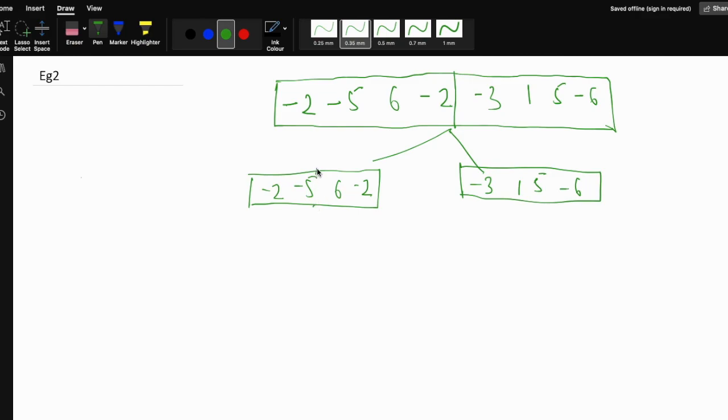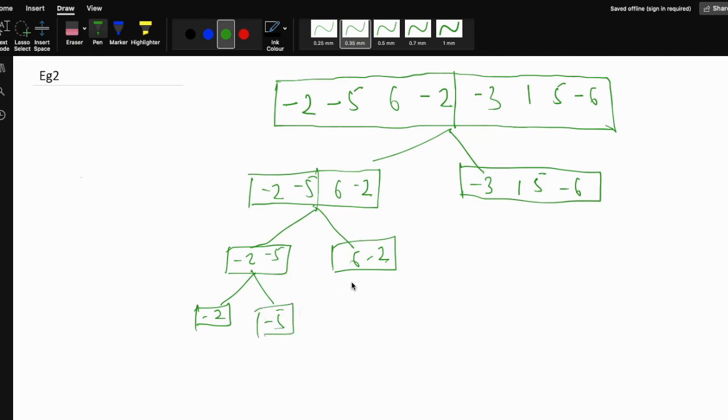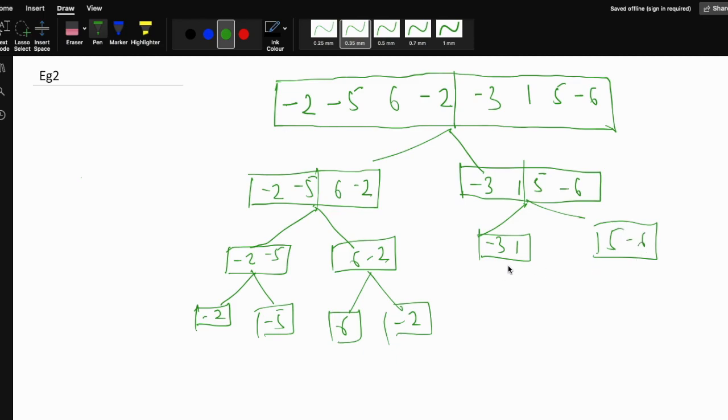Again it will get further divided from here: -2, -5, and 6 and -2. Similarly the second half will be divided into -3 and 1, and 5 and -6. Now we have divided this array.